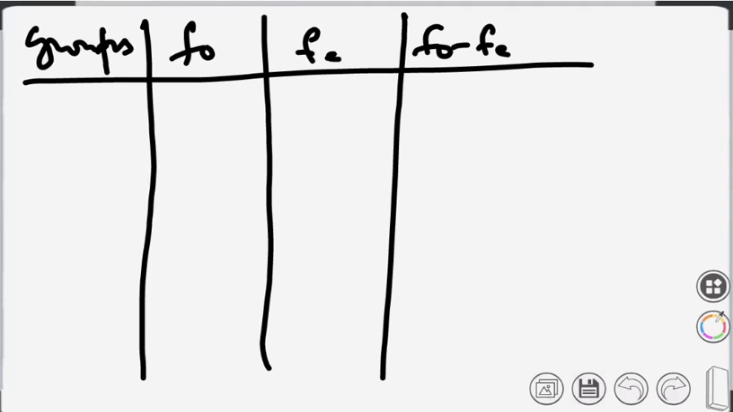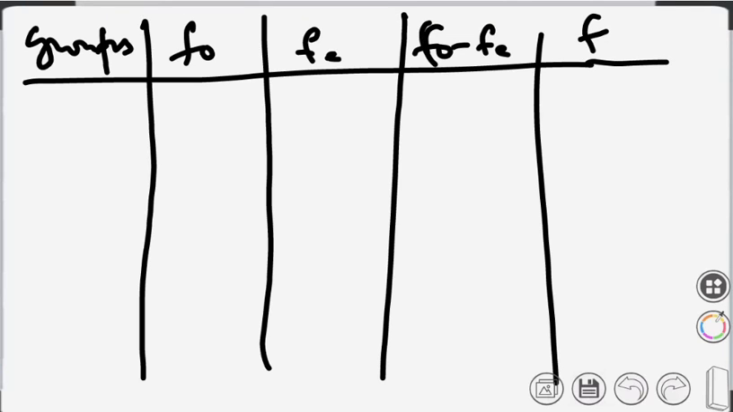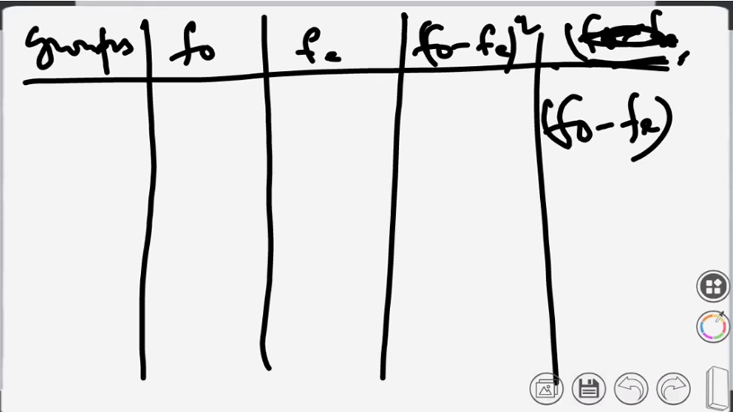If you want to write, you can write, but our important column is FO. In fact, do FO minus FE whole square at once. FO minus FE whole square, then FO minus FE square by FE. The last column will be FO minus FE, the top one squared and the bottom not squared, but by FE. Okay,